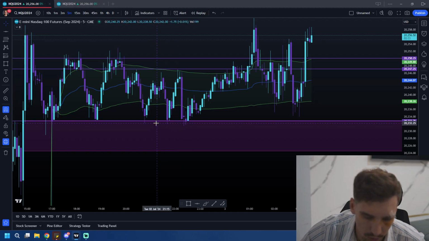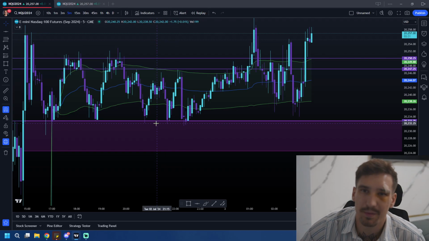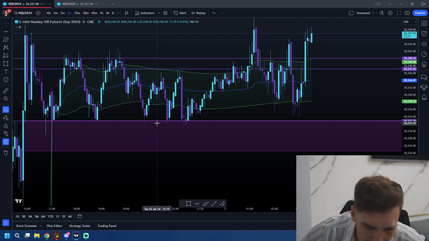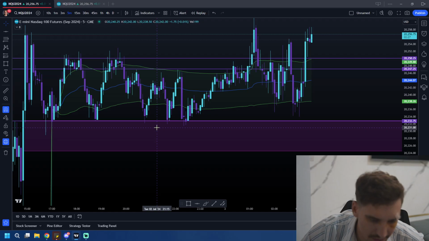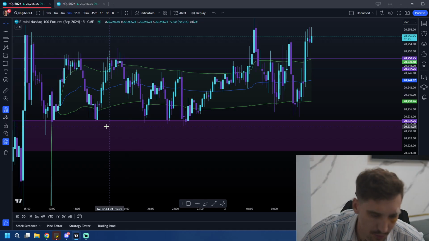If not equal with the previous one, we would see maybe just a little bit of drawdown. And then our stop would be fairly tight. We would probably put the stop somewhere around here, because